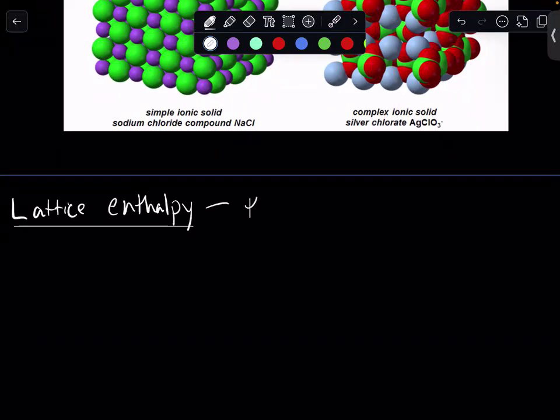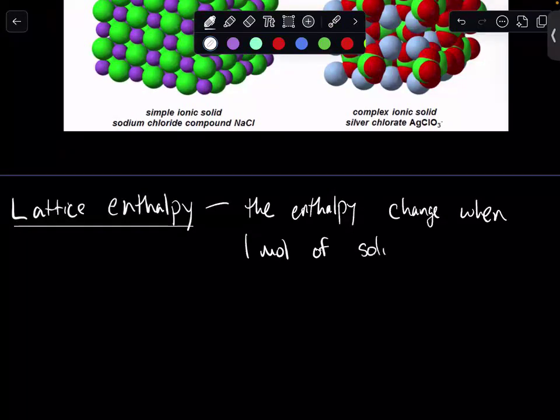So the lattice enthalpy is the enthalpy or the energy change when 1 mole of solid ionic lattice, solid ionic compound breaks down into